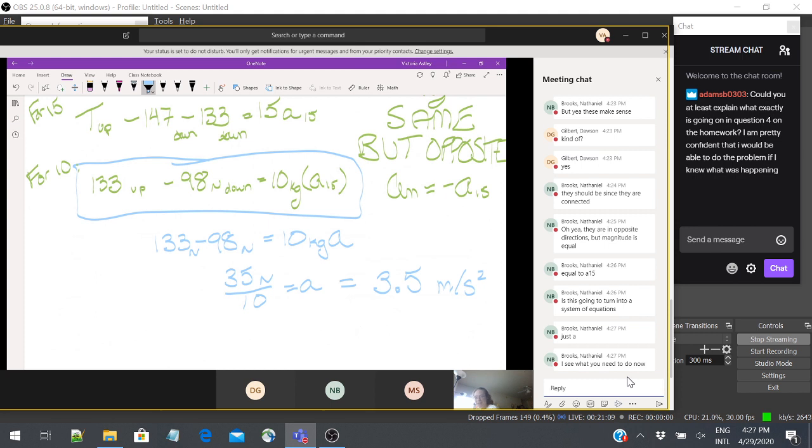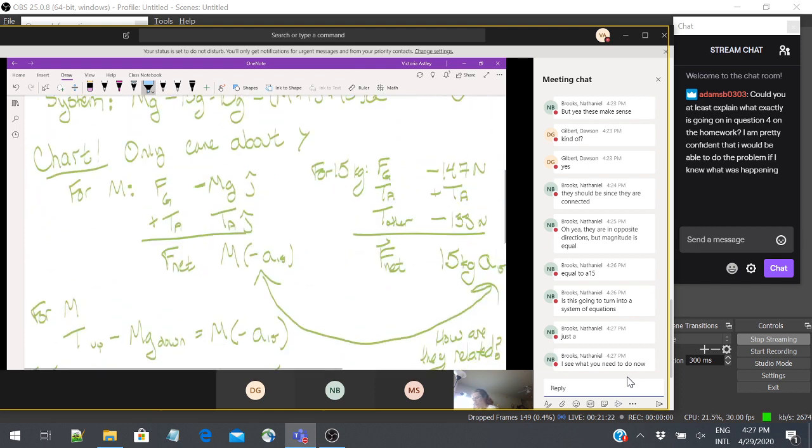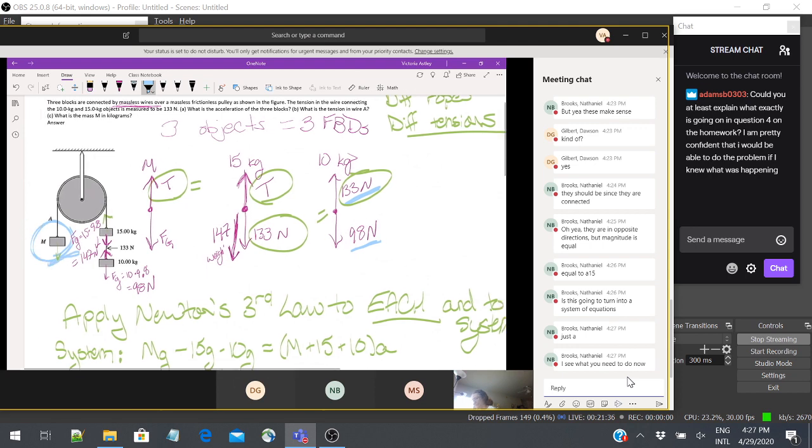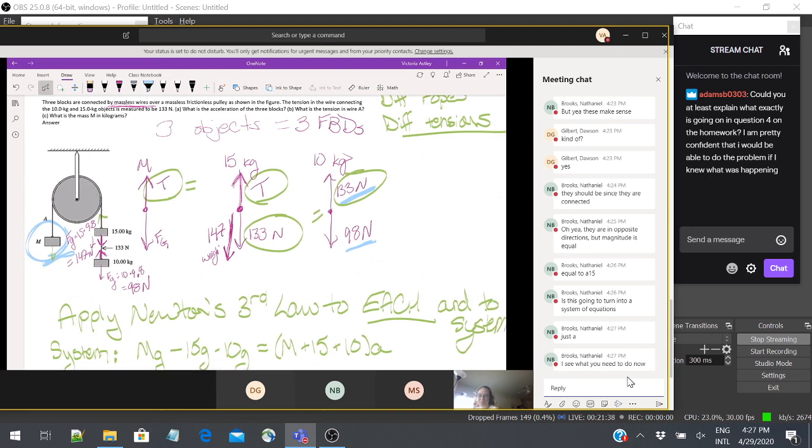All right. So Nate, you can run on ahead if you want, and I'm going to keep asking Michael and Dawson. I got a positive number. Does that make sense? Well, if we look at our forces, I had a bigger force pulling up than I did pulling down, so it makes sense that it would be accelerating upward. So that means this mass has to be accelerating downward, which means this has to be heavier. It's got to be at least 25 kilograms. Okay. And hey, look, that's the answer to part A.